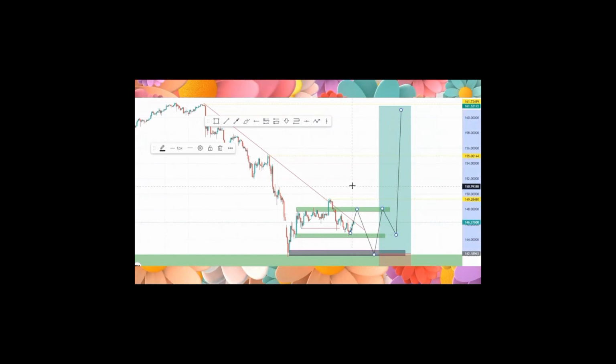This can also happen. This one is likely to play out. If market wants to open from this zone, this is likely to play out. Very, very likely to play out. And market can still move from where it is now to the